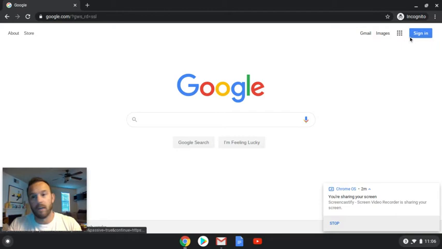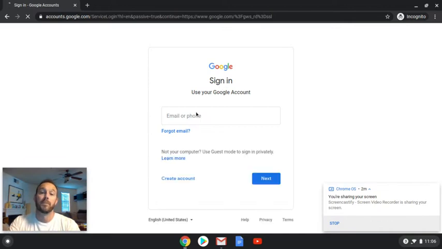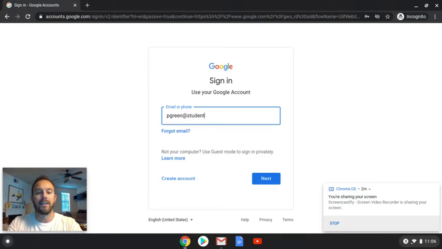Do not hit this waffle yet. You're not going to find McGraw Hill. You have to sign in, and how you sign in is hugely important, or else you're not going to get to the platform. So, I click on it and it says, do you want to be pgreen at AUSD.net? That's how you sign into everything. No, because they created limited access for us. So pgreen at